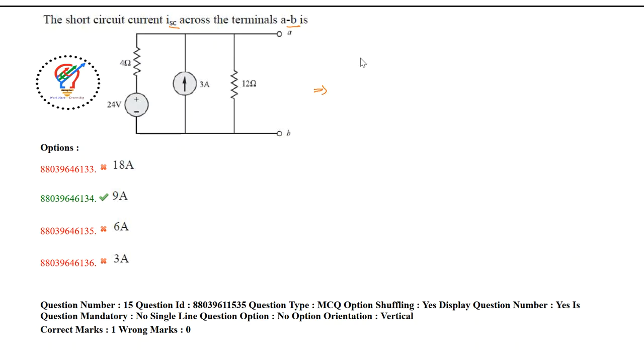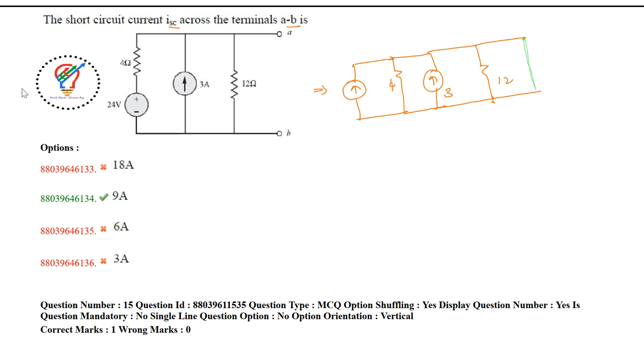I want to find a current source here, with the current direction upwards and a resistance of 4 ohm here, and there will again be a current of 3 here, and a resistance of 12 ohms. Now in these two terminals you make a short circuit to find the value of ISC.